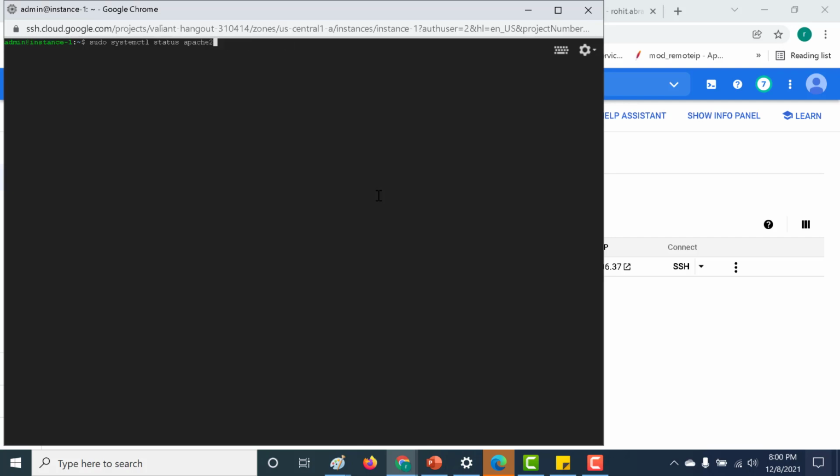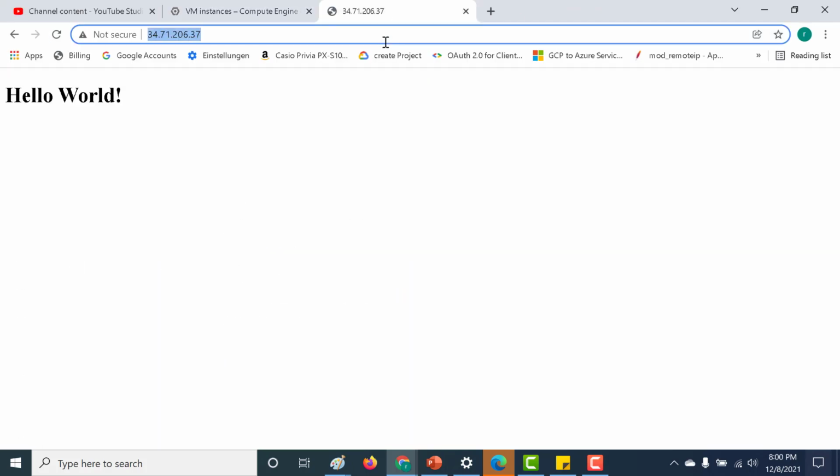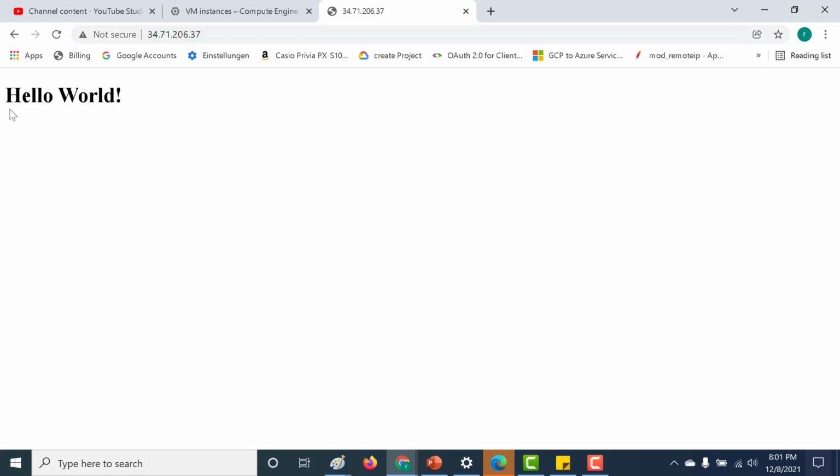So what I will do in the meantime is just start this Apache service. So again, to start this Apache service, I just need to run this particular command. Now all these commands I will give in the description below. So you can just run them sequentially one by one. So once you've installed Apache, let's try to log into our web server, and you can see that you get a hello world.